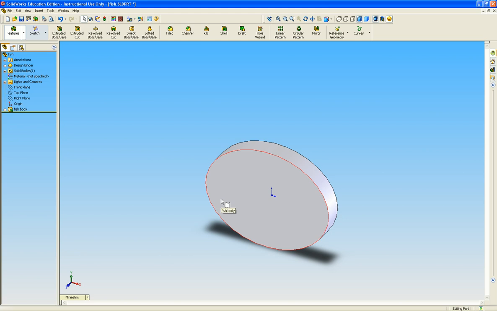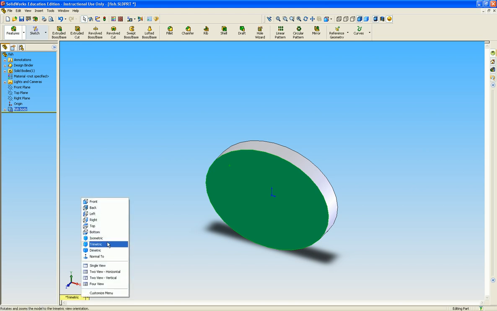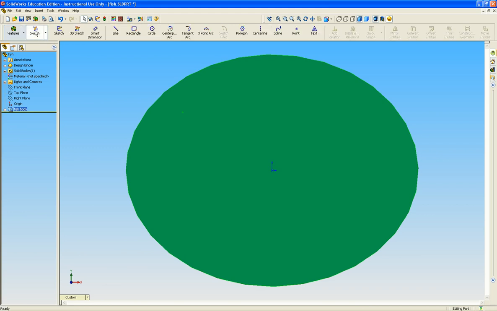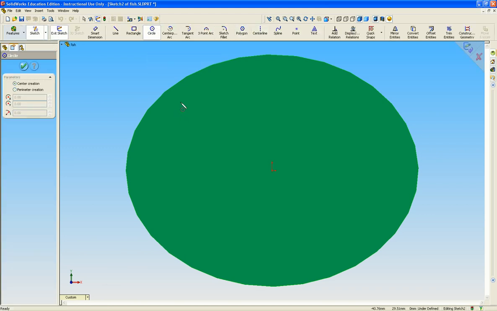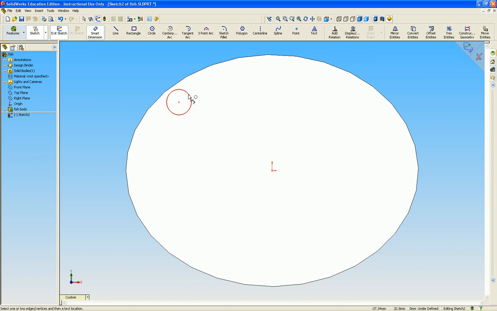Now the next step is to drill out the fish's eye. So what we'll do is select this face here, it'll go green once it's selected, and we look normal to it. Now we'll open up our sketch toolbar, select the circle, and draw a circle anywhere in here, and we're going to Smart Dimension it with a diameter here of 10,